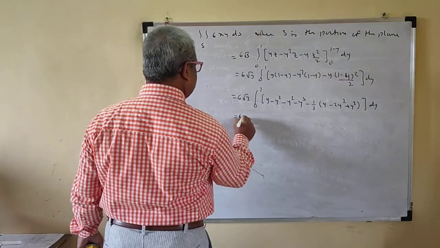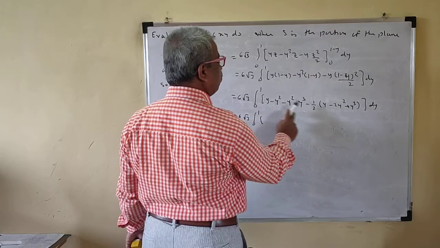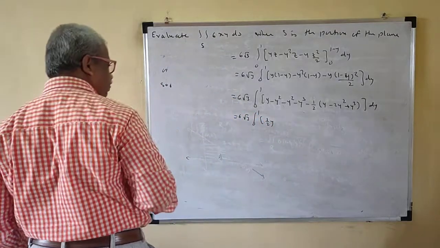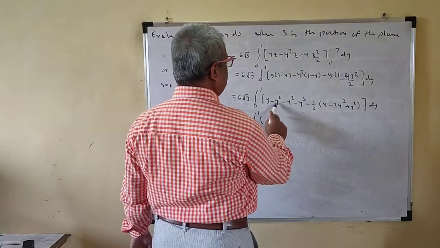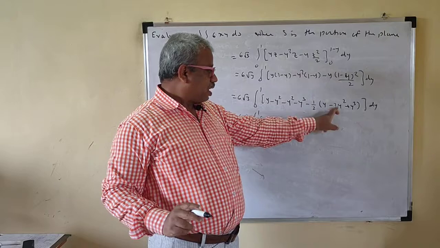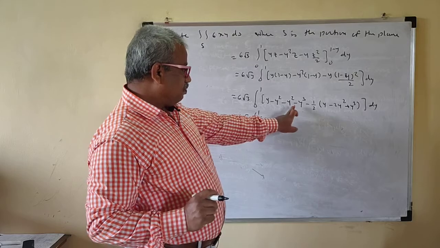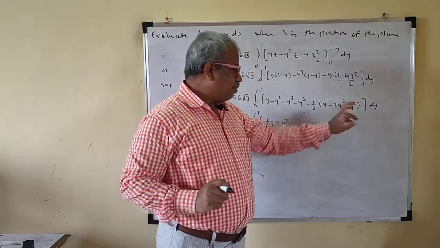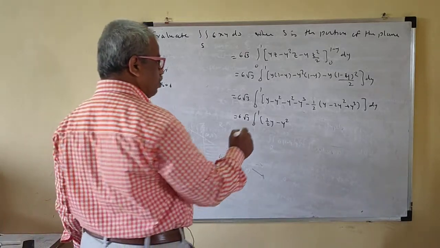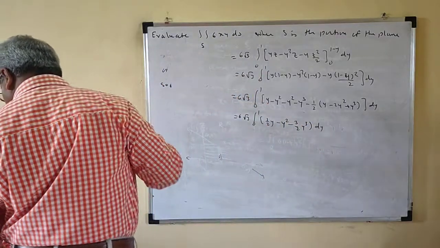So this is 6 root 3, 0 to 1. See how many y are there? This is y and this is minus half y, so this will be 1 half y. Now minus becomes plus if you multiply this. This is plus y square, and the y square gets cancelled, so this is minus y square. Now this is minus y cube and this is minus half y cube. So minus 1 minus half is minus 3 by 2 y cube, so minus 3 by 2 y cube dy.